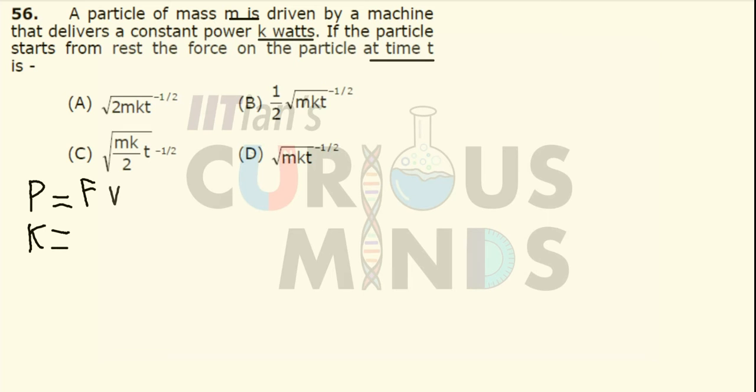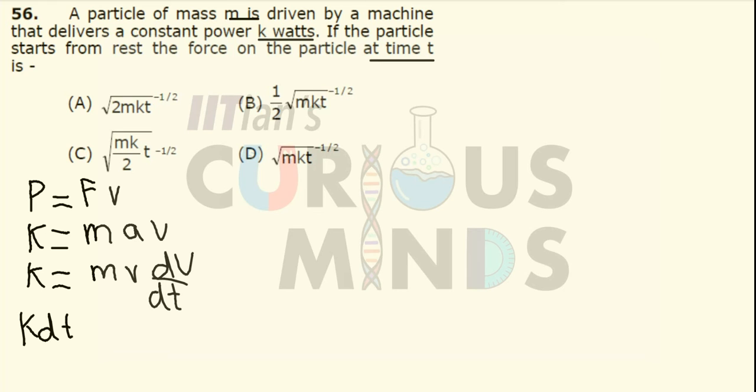Now there is a constant value of power which is equal to K, which is M into A into V. Now this can be written as K equals M, V, and acceleration can be written as dV by dt. So K dt will be equal to mv dv. When I integrate on both the sides,